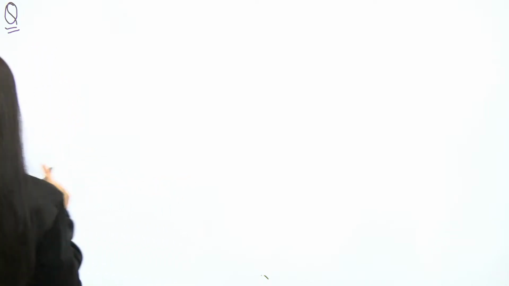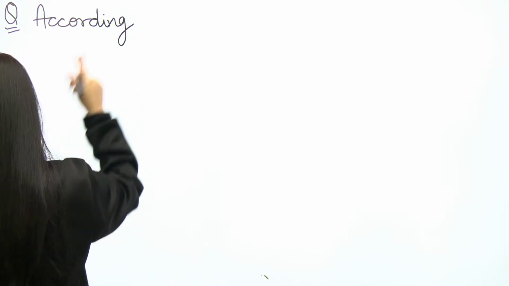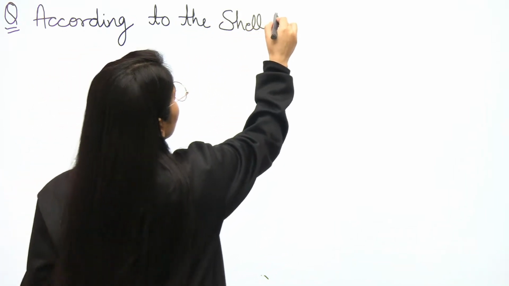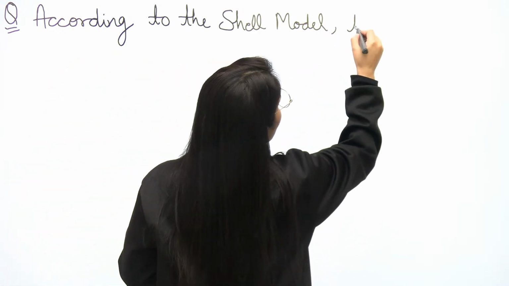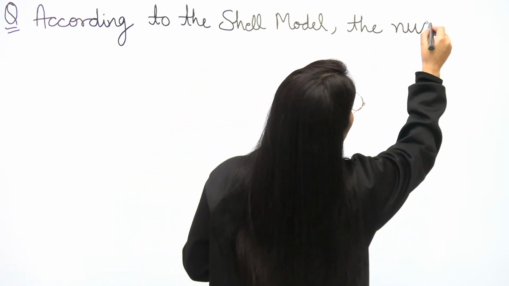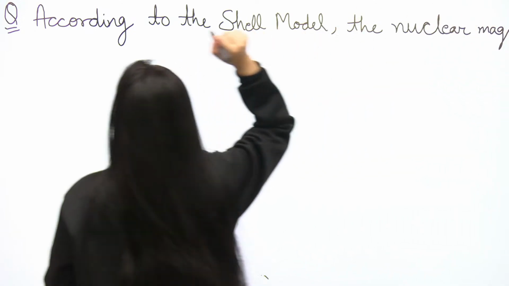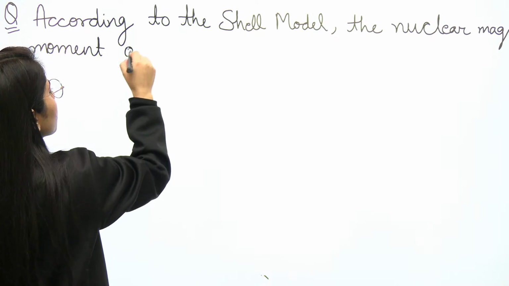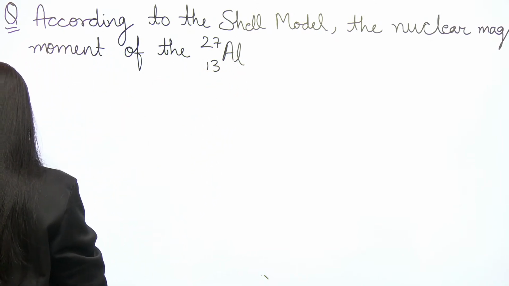It is an important one from the shell model part, and it is a previous year question from the CSIR NET physics exam. According to the shell model, the nuclear magnetic moment of the aluminium nucleus is